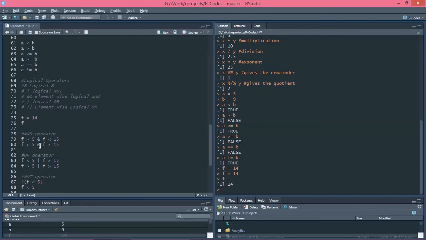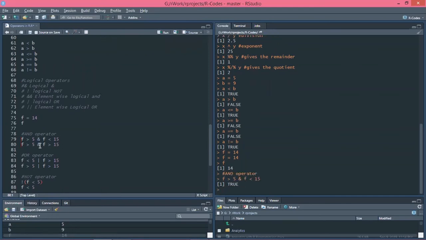Like first, f greater than or equal to 5 and f less than 15. So what does it mean? If the value of the f variable is greater than 5 and less than 15, meaning it should be between them. Let's execute this command and the value returned is true. So what does it mean? My 14 lies between 5 and 15, which is actually true.